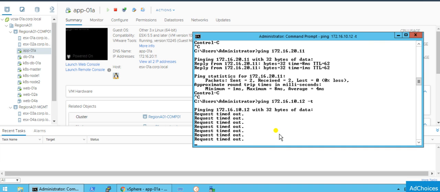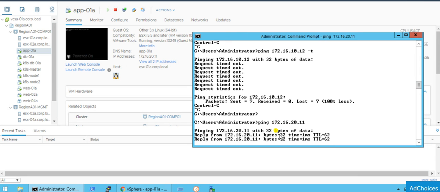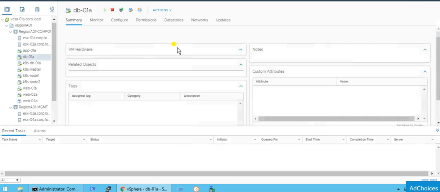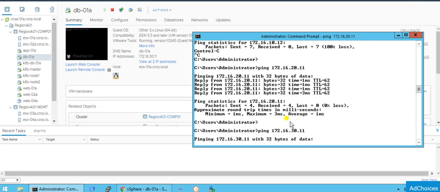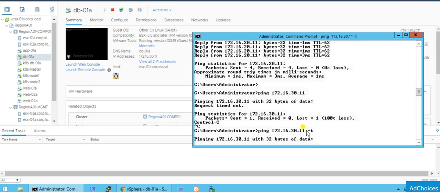This is another IP. Cancel the ping and then ping 172.16.20.11. This is the ls-app app server. Okay, I can reach it, right? On the same side, let's try this as well, and let's see if I can ping it or not. 172.16.30.11. Can you ping it? Of course not, because I have not added this server into my destination list. Let's break this ping and initiate a continuous ping.